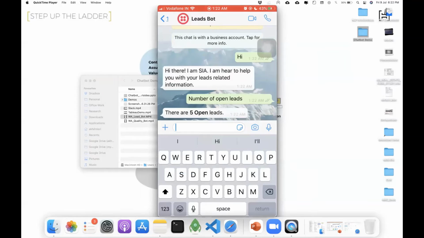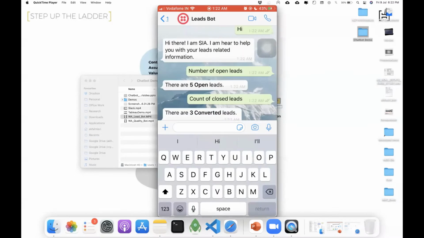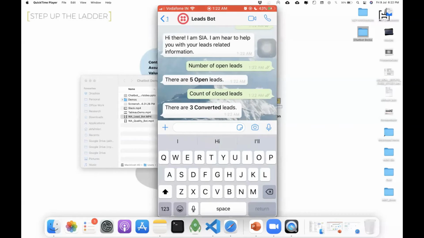If you see here, we are talking about leads. So leads is an intent. I'll tell you how this is helping, and what we have done here.